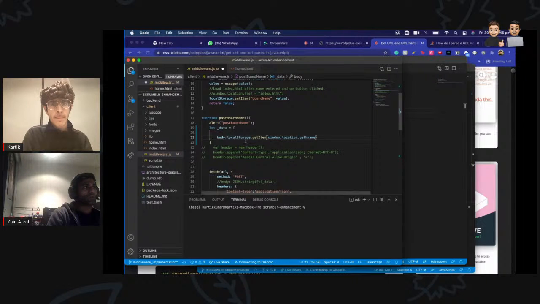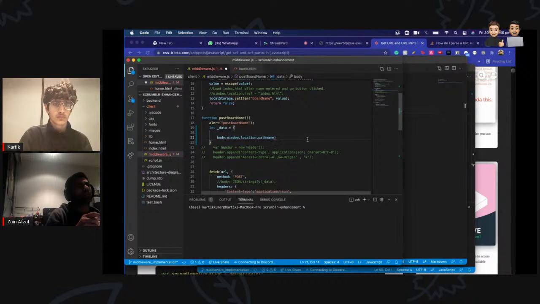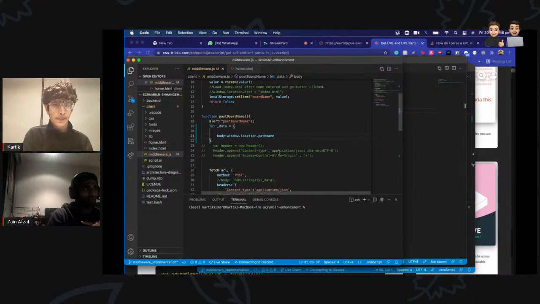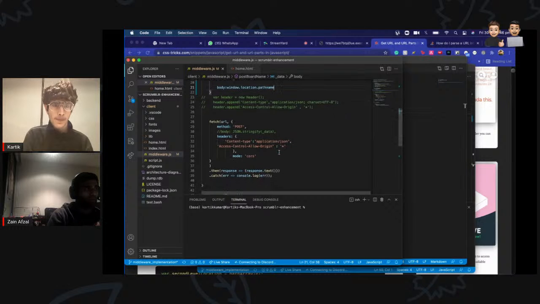As in, just console log it. I have a feeling we can't do getItem because we don't have local storage. No, window.location.pathname. Yeah, that's what I meant.